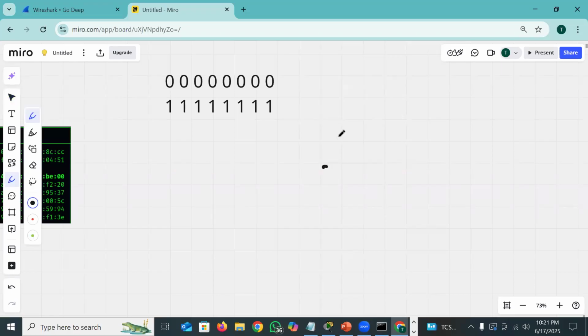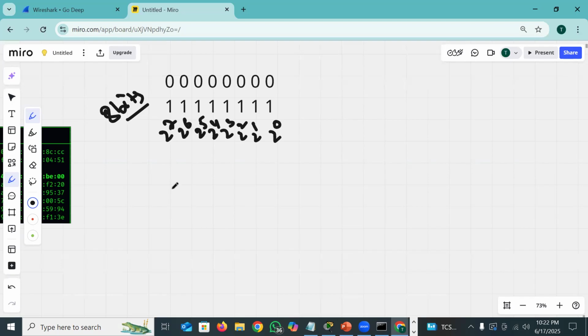Okay. So when we have these devices, how do they work? We have 8 bits, right? These 8 bits will be calculated with the power of zero: 2 to the power of 0, 2 to the power of 1, 2 to the power of 2, 2 to the power of 3, 2 to the power of 4, 2 to the power of 5, 2 to the power of 6, and 2 to the power of 7. This is how the binary calculations are done.